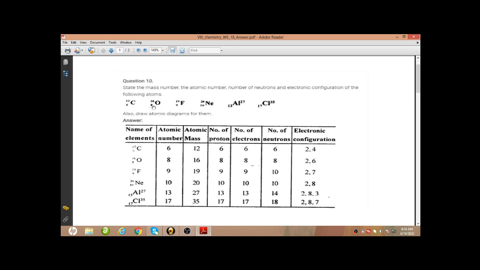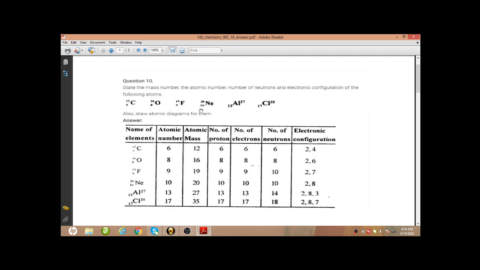Either it will be double the atomic number, or sometimes it is double the atomic number plus one, like for the odd atomic numbers. For them it's 2 into atomic number plus 1, that is the mass number generally. See, for fluorine you can see 9 into 2, that is 18, so 18 plus 1, 19. 19 will be the mass number for fluorine. For chlorine also, see, 17 into 2, 34, 34 plus 1, 35, like this.